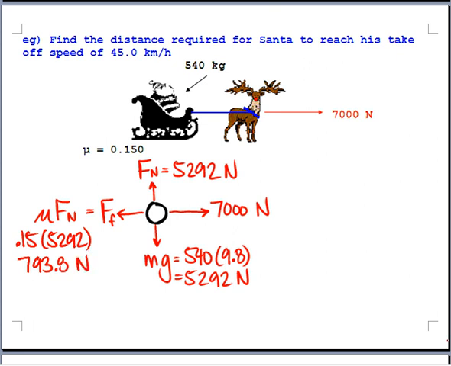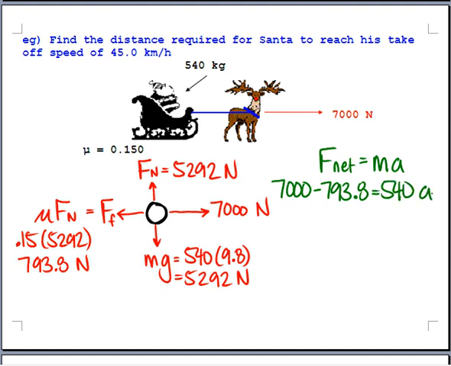So that's our free body diagram, which is actually going to make or break this question for us. Maybe I'll go green, red and green, Christmas colors. So once the picture is done, and that's the busiest diagram you'll ever end up with in Physics 11, to have those four forces. The good news is if you look at the up and down forces, they just wipe each other out, right? We would subtract them. We end up with zero net force in the up and down direction. But if you look at the side to side direction, the net or overall force, there's 7,000 newtons of force from the reindeer fighting against 793.8 newtons of force from friction